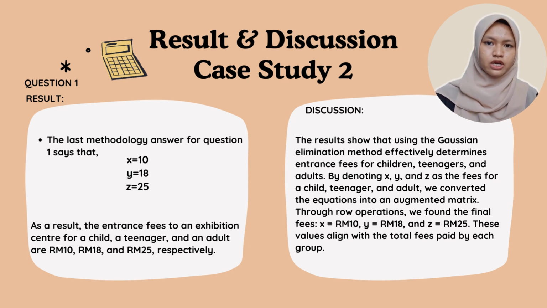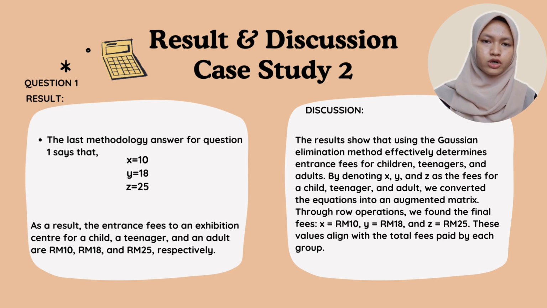For discussion, from the results above, it is clear that using the Gauss-Jordan elimination method to solve the system of linear equations is effective for determining the entrance fees for children, teenagers, and adults. We denoted the variables x, y, and z as children, teenagers, and adults respectively, to be used in the Gauss-Jordan elimination method. And then after that, we write down the linear equations and convert them into